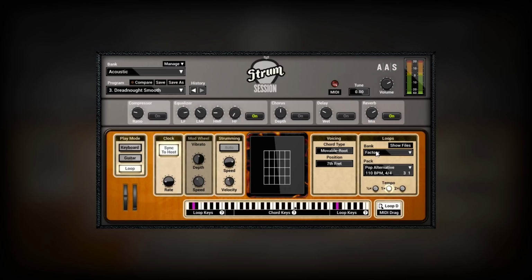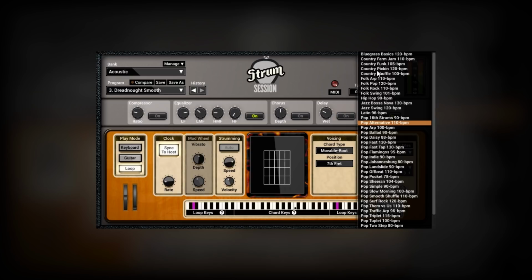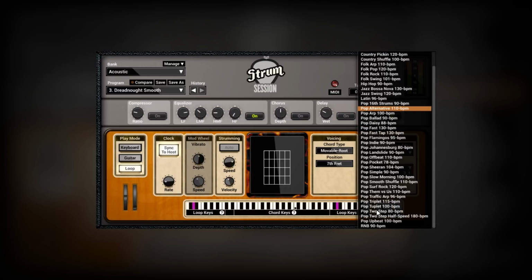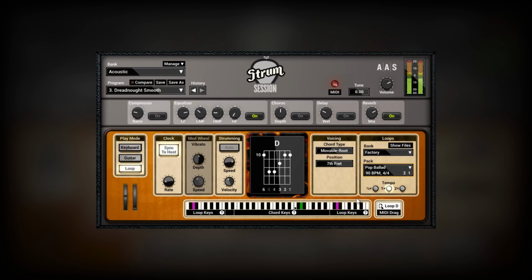So we actually have a number of banks here. We've got the factory and the factory electric. I'm going to leave it on factory because we're not using electric, we're using that acoustic. And we've got a number of different styles here. We've got bluegrass, country, folk, jazz, hip hop, R&B at the bottom, and a bunch of pop stuff. So if I turn on pop ballad,